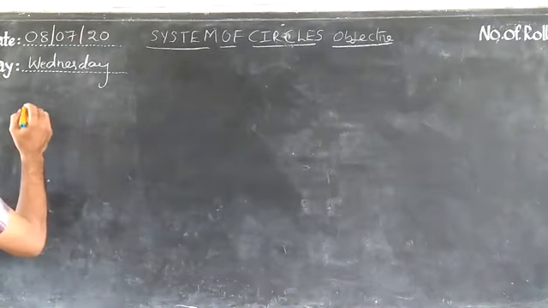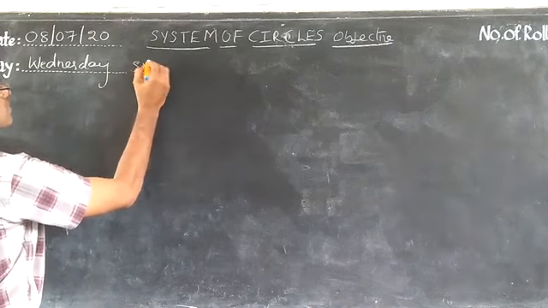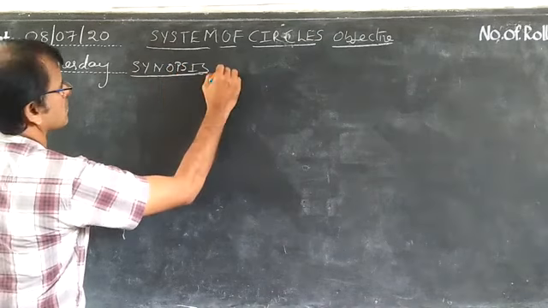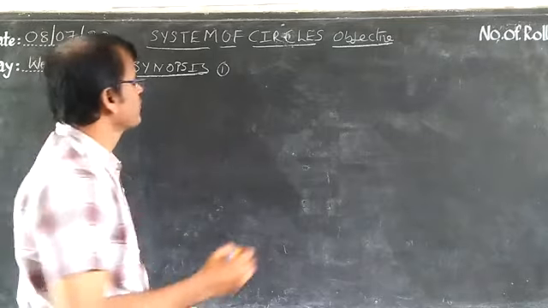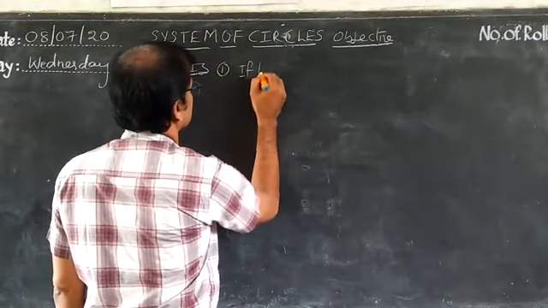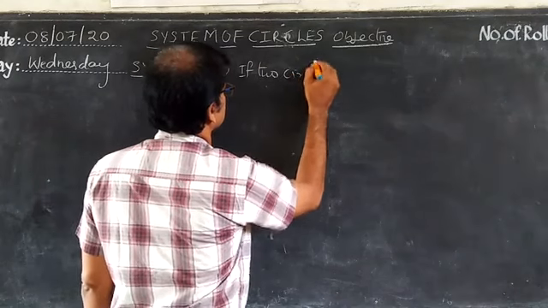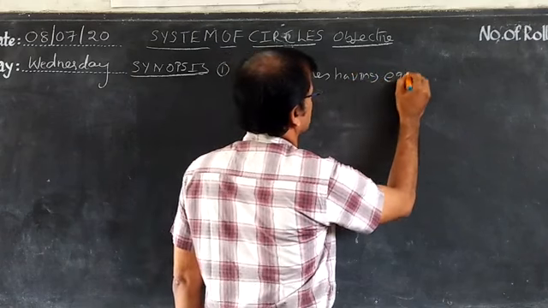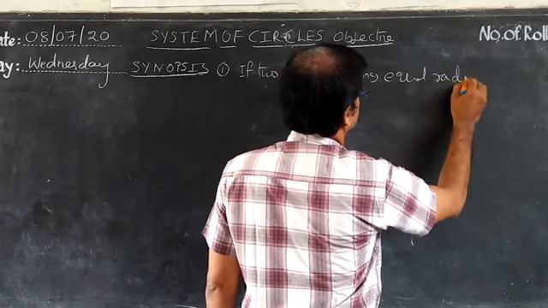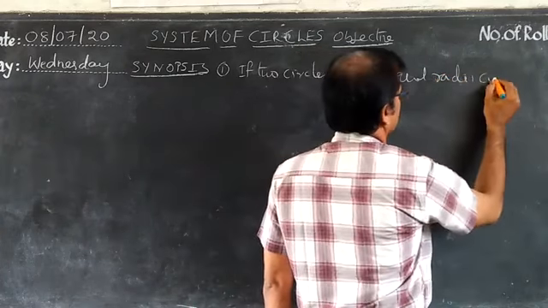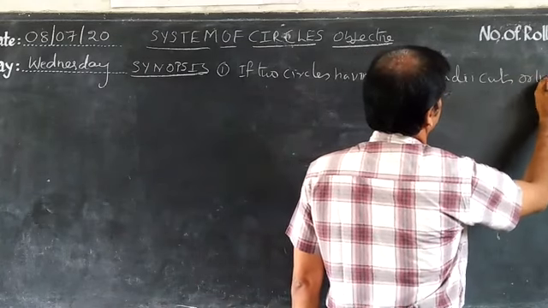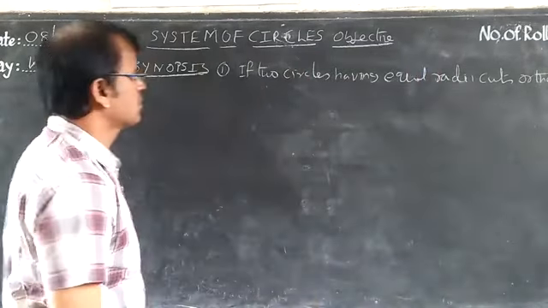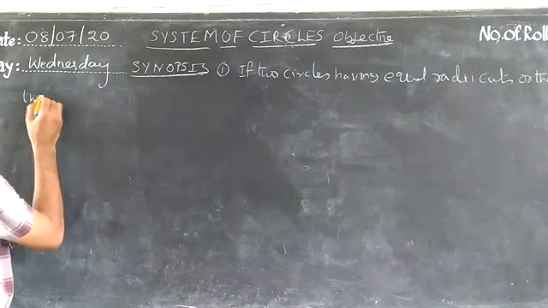First of all, let us write a synopsis. First one: if two circles having equal radii cut orthogonally, then